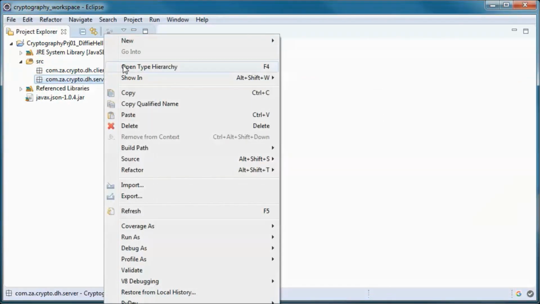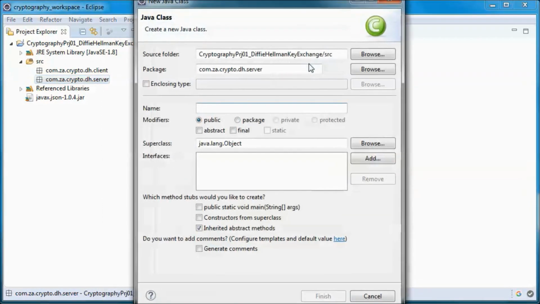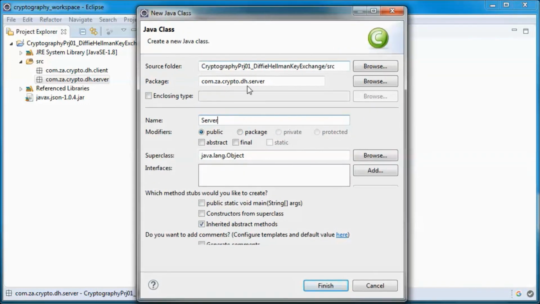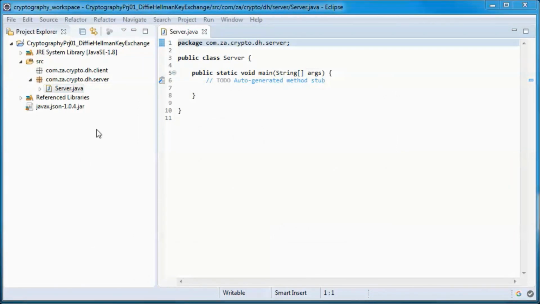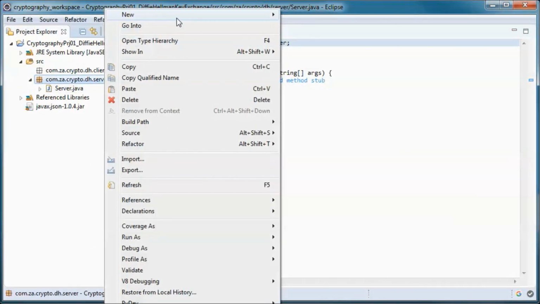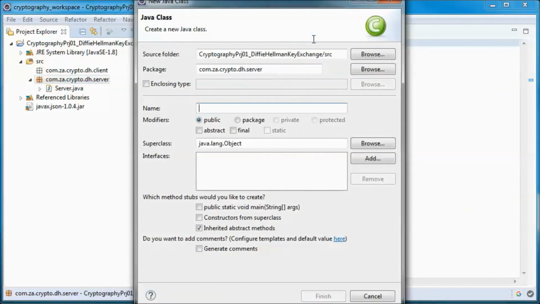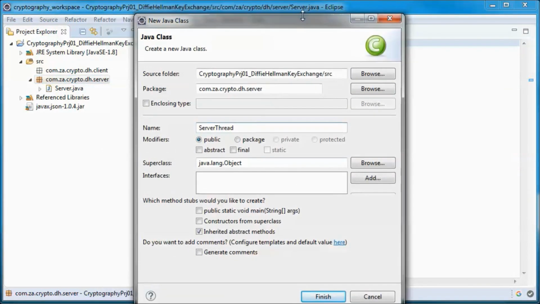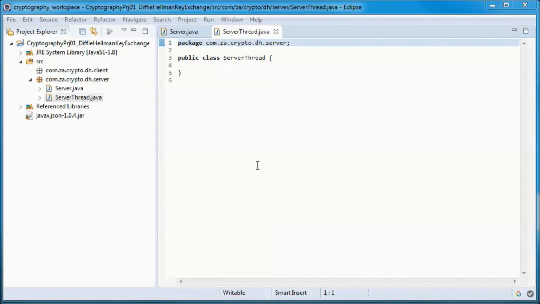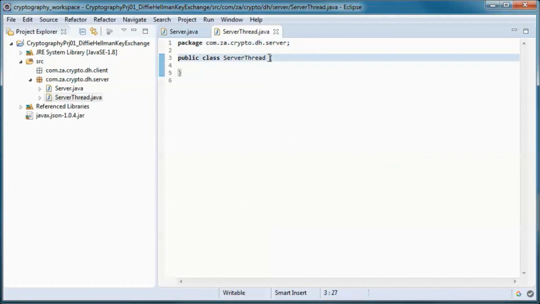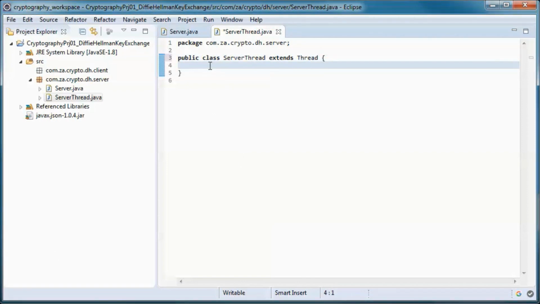Now on the server side we will have two classes, a server class with a main method and a server thread class that will extend from thread and override the run method,